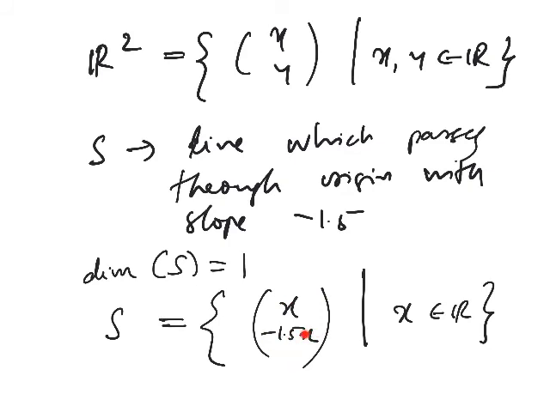Similarly, for the case of z equal to 0 or the xy plane, you have only two free variables, x and y. Z is forced to be 0. It is equivalent in some sense to R2 because the dimension of both of them is the same, right? The xy plane has a dimension of 2, R2 is also having a dimension of 2, but the representations are different. When you say it is a two-dimensional subspace of R3, you have only two free variables. The third variable gets fixed by the first two, or it becomes 0. Is the idea clear? So understand that inherent difference between a two-dimensional space and a two-dimensional subspace.